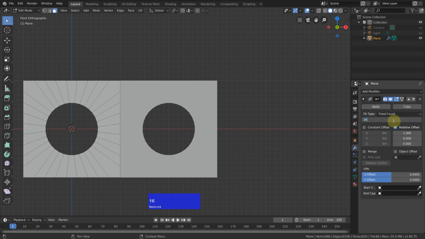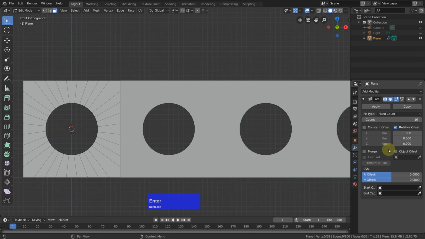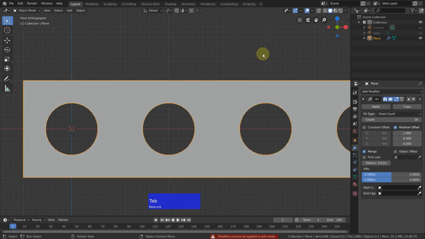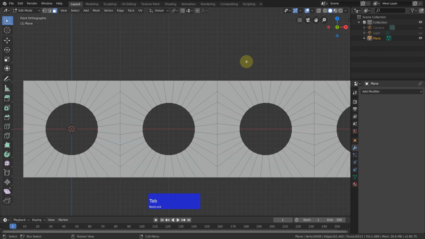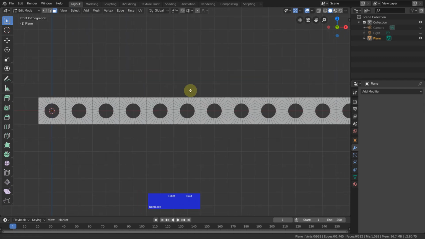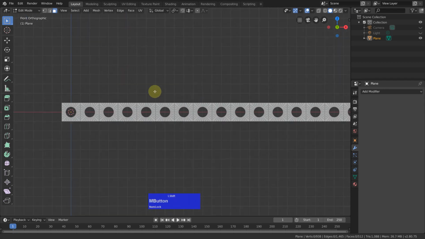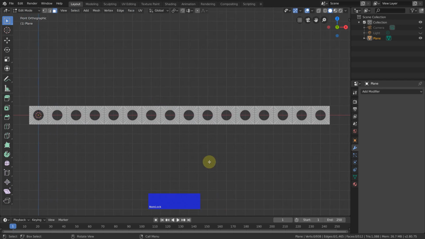The default orientation is along the x-axis, the red one, and I make a count of 16 and press the merge key. Now we have to apply this, so we get editable geometry, but you can only apply a modifier in object mode. So apply, go back to edit mode, and now we have a strip with perfect round holes. Next, I add